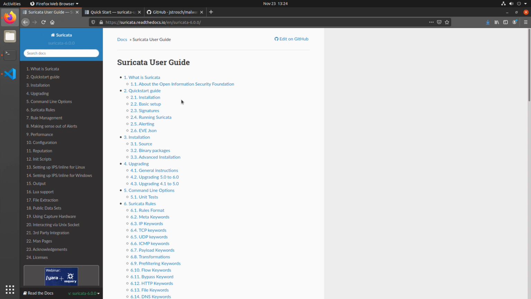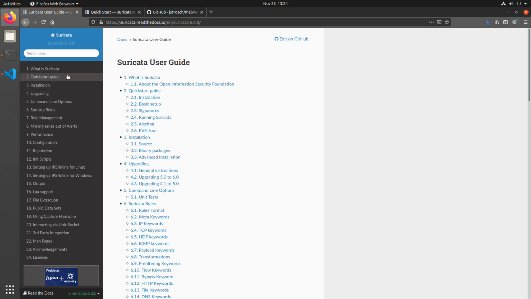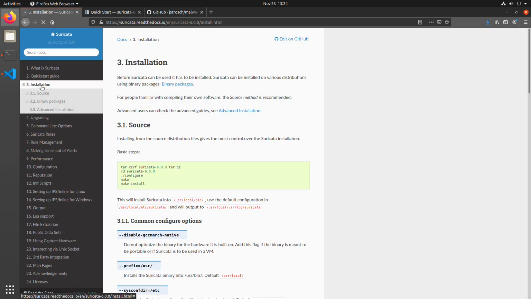Now, I mentioned the documentation. Suricata maintains all of its documentation over at Read the Docs. So you can just search for Suricata Read the Docs on your favorite search engine, or as you can see here in the browser, we have suricata.readthedocs.io. And in this documentation, while there is certainly quite a bit here,